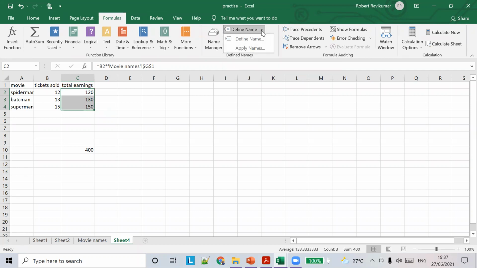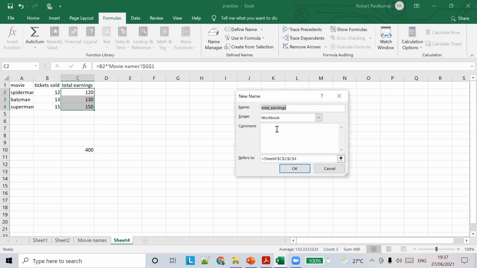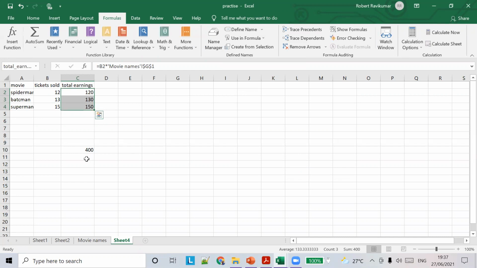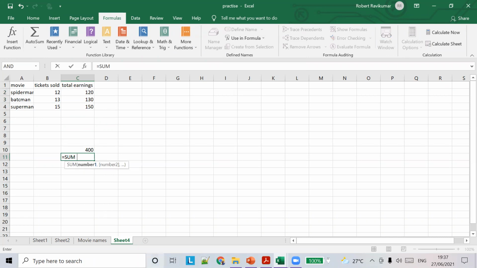So go here and click the first option, define name. I'm going to give the name total learnings for this range. Click OK. So in this cell, if I want to find the sum of the total learnings, what should I give?